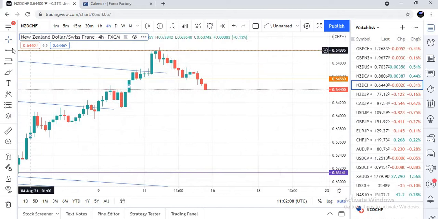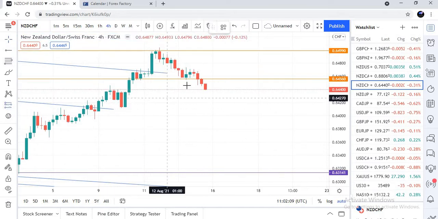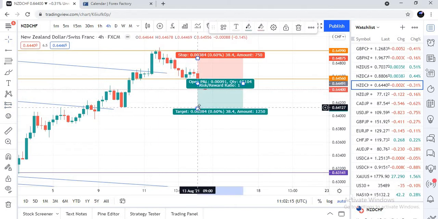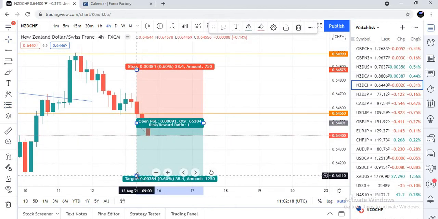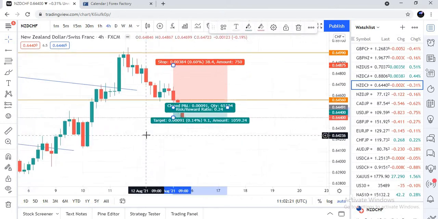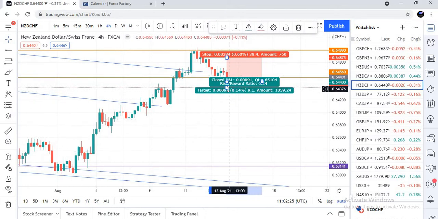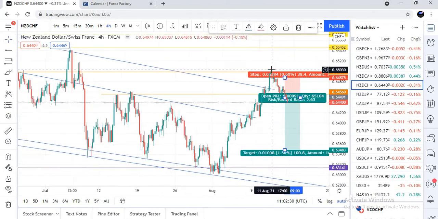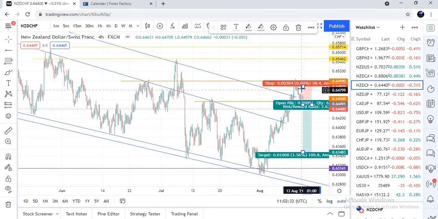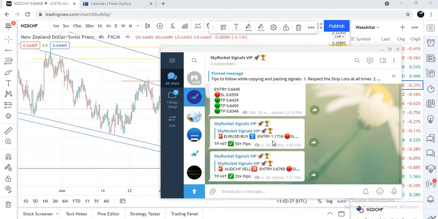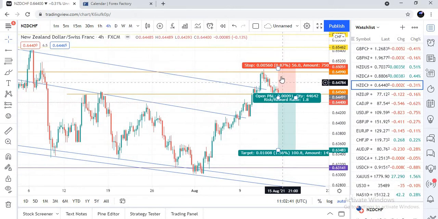So we placed this trade around the price of 0.6449. I guess it's just up about 9 pips in profit, or 8 pips, thereabouts. And we are predicting that this will also move about 100 pips, so down to this region. So let's see how things will go for us this week. We also set the stop loss above this region, and the stop loss is quite far, if you ask me, about 49 or 50 pips.